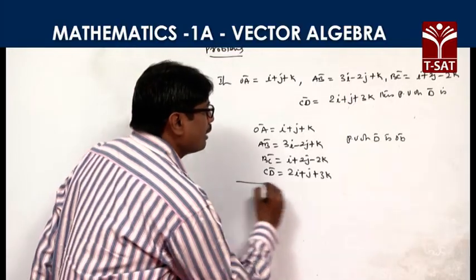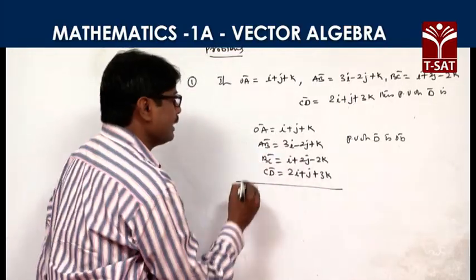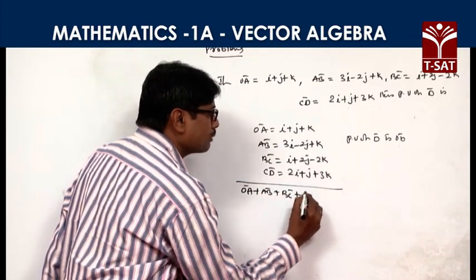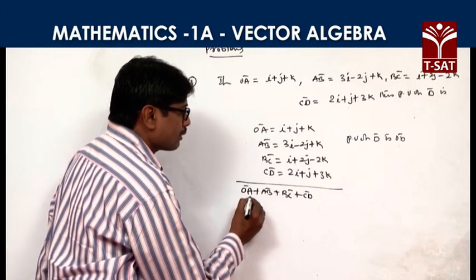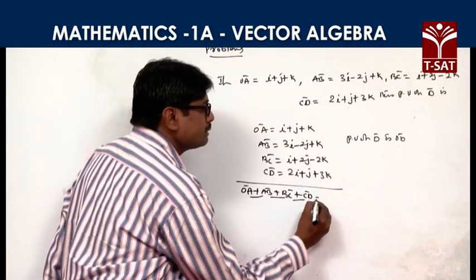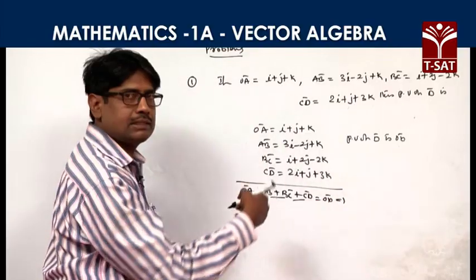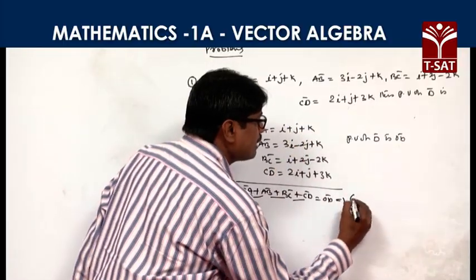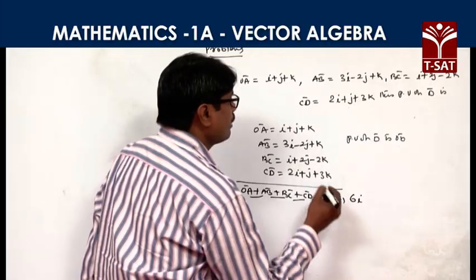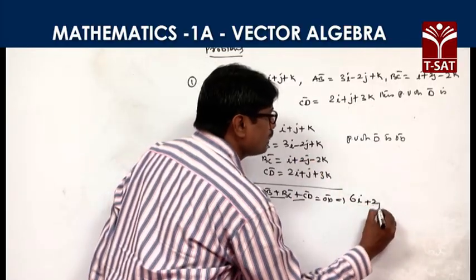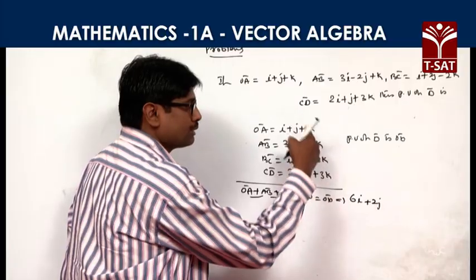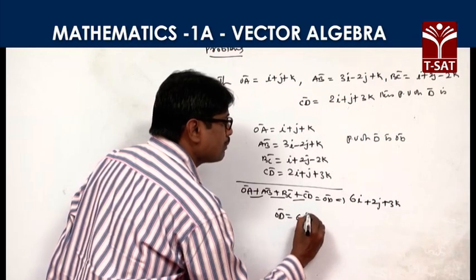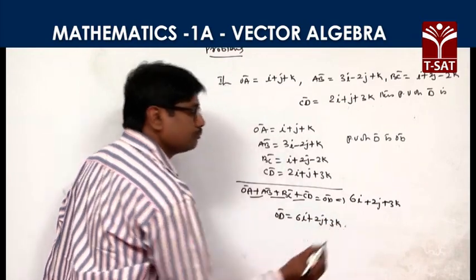So, to get OD bar, from the connectivity of the points we have noticed, that is OA bar plus AB bar plus BC bar plus CD bar. So, OA bar plus AB bar is connected, and the resultant of all these vectors is OD bar, that is 3I bar plus I bar plus 2I bar, which is 6 times I bar, and minus 2J plus 2J cancel, that is 1 times J bar... and minus 2K plus K plus 3K, which is 3 times K bar. So, the vector OD bar will be equal to 6I bar plus 2J bar plus 3K bar.